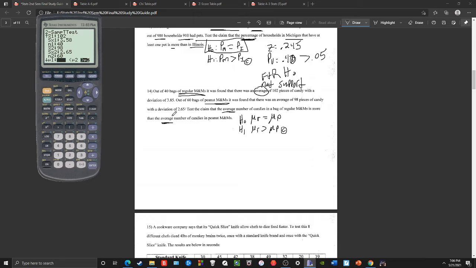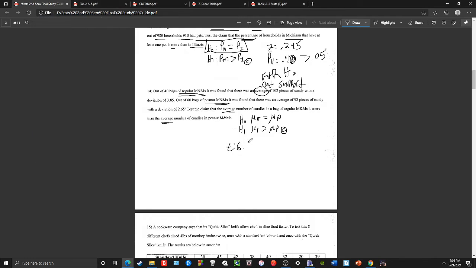All right, and we want the average of the regular M&Ms, which is mu1, to be bigger than the average of the peanut M&Ms, which is mu2. We don't want to be pooled. Never want to be pooled. So my test stat is going to be 6.04. So test stat is 6.04,